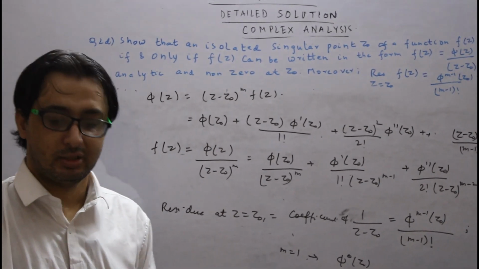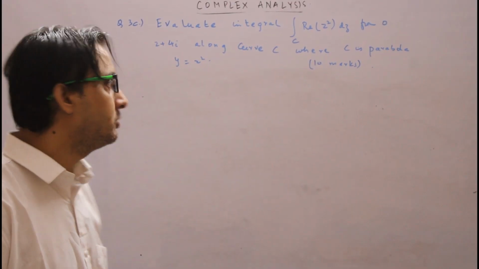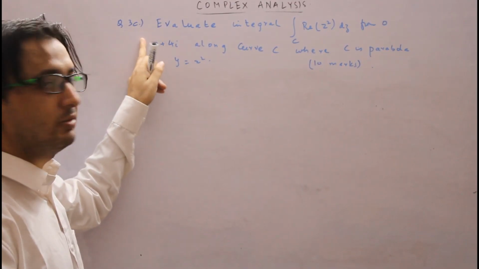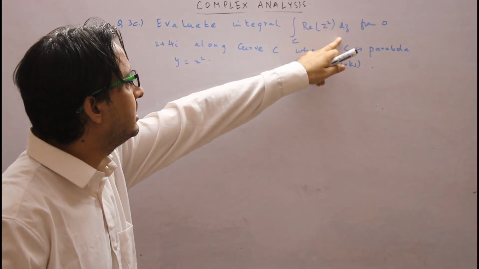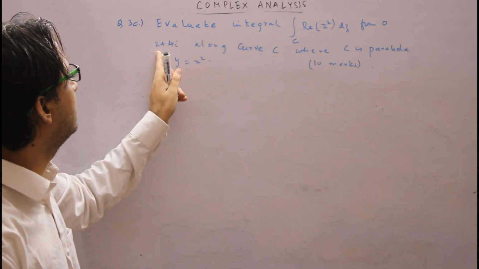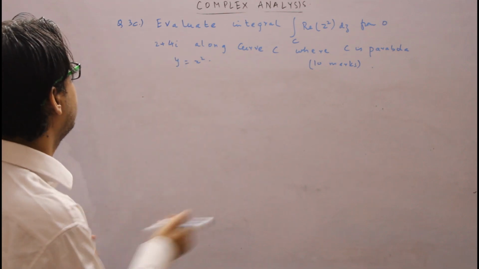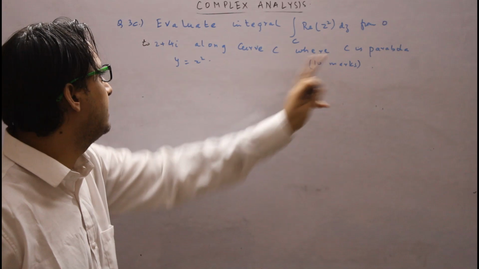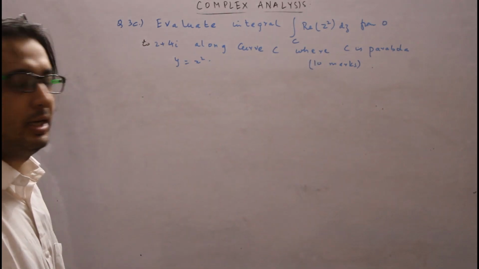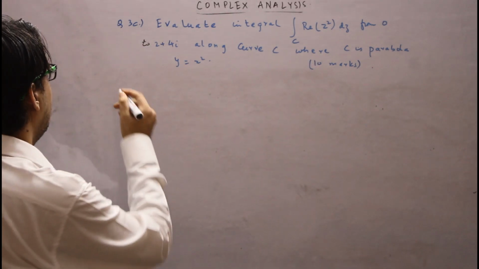Now I am going to take the next question. So this is question number 3c. We have to evaluate the integral of the real part of z square dz from 0 to 2 plus 4i along the curve C, where C is the parabola y equal to x square. So this is a simple line integral,